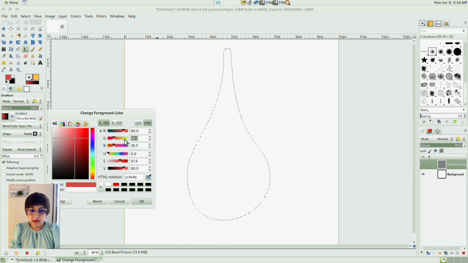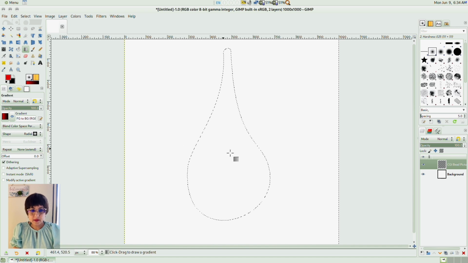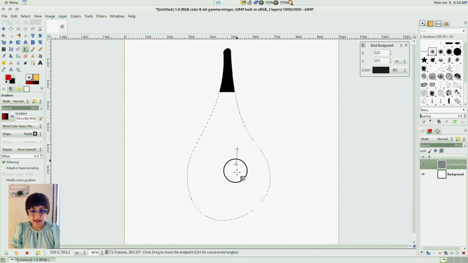For this color, I'm using 85 and 5, RG and B respectively. That's a nice deep reddish hue. The other color is black.